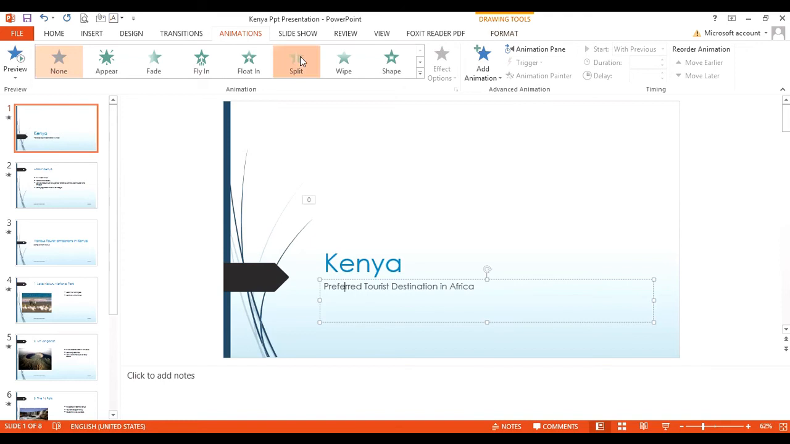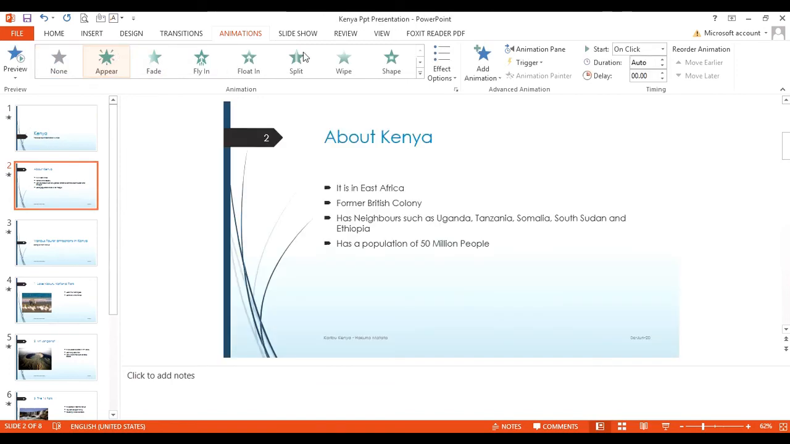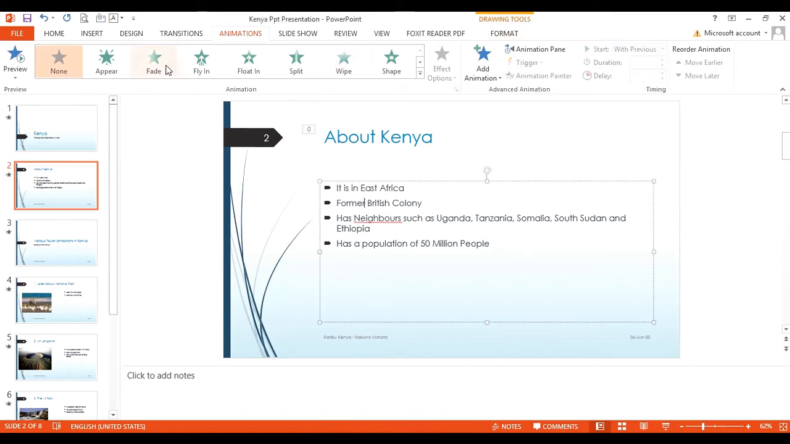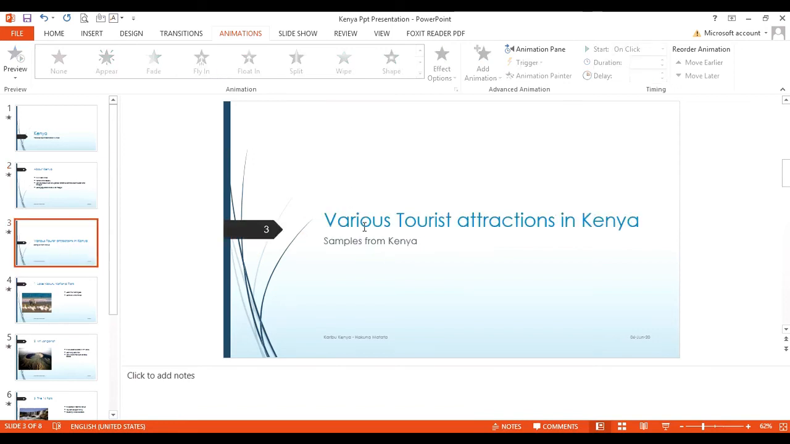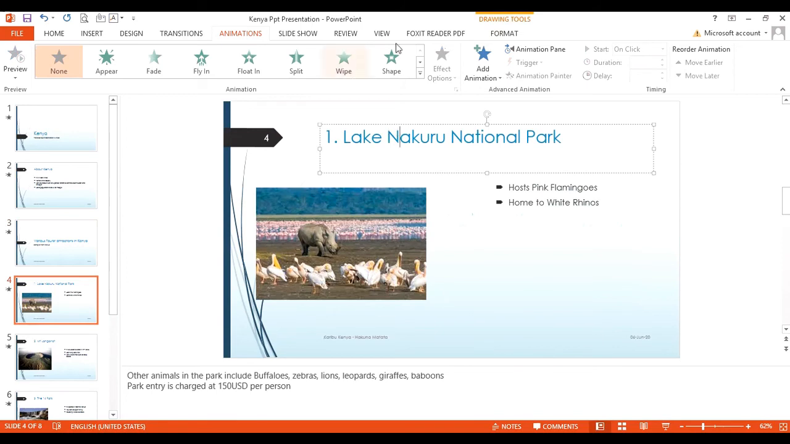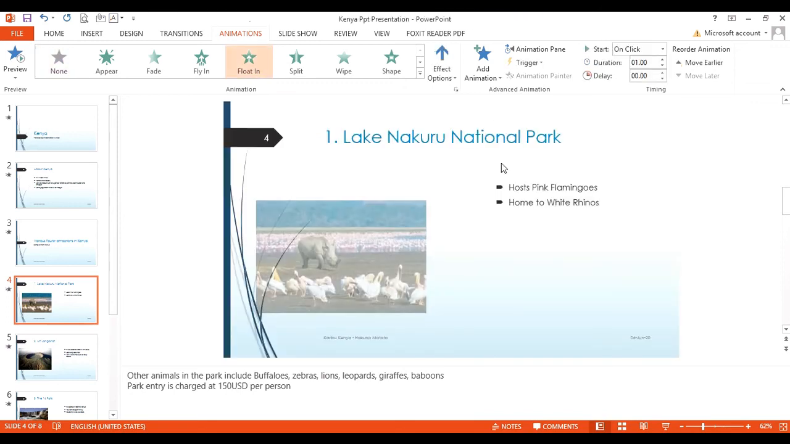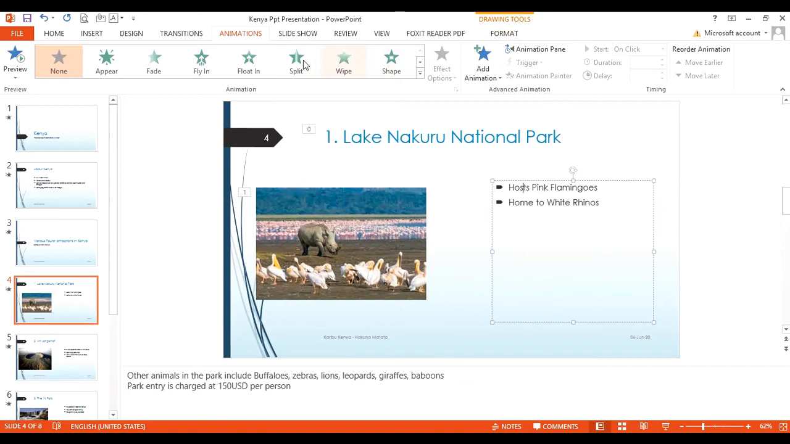Then the other one, we can choose another one like split on click, and it gets a number. So we go to slide number 2, we select this, and maybe this time we choose wipe with previous. And then these ones, we want them to be introduced one by one. So we can choose fly in, and then each of them gets a number, 1, 2, 3, 4. So this will be the first one to appear, to fly in, all the way up to number 4. So we can quickly do that for all of them. This is the title with previous, and then this one, we choose maybe wipe on click. Then we go to number 4, Lake Nakuru. We tell it to float in with previous, and then we select the image, we tell it to float, and then we select the text that will wipe on click. So that is how